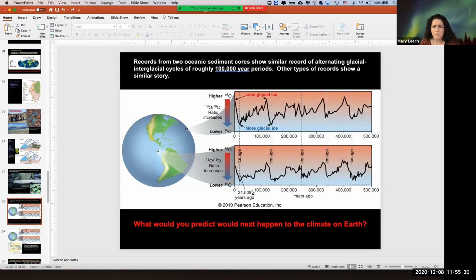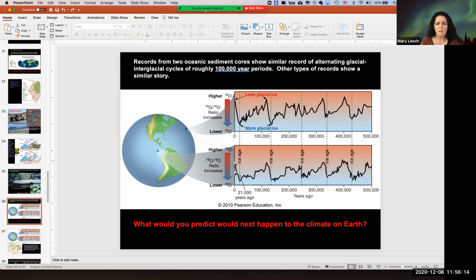So there's kind of a cycle here. This is 21,000 years ago, this is about 120,000 years ago, maybe 140,000 years ago, then 240, 250, then 330. So there's a cycle, and we can measure that through these ancient sediments or through the ice cores to figure out what was going on on Earth over time. So there are natural temperature fluctuations on Earth, and we have these warmer periods that are the interglacials, and we have colder periods.